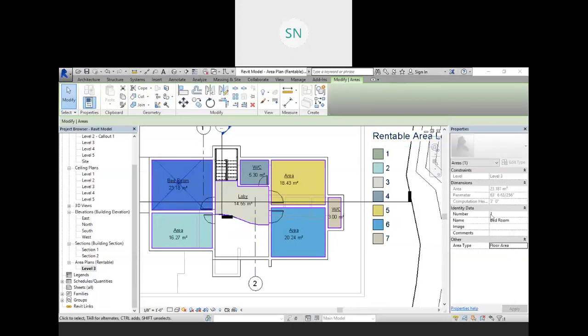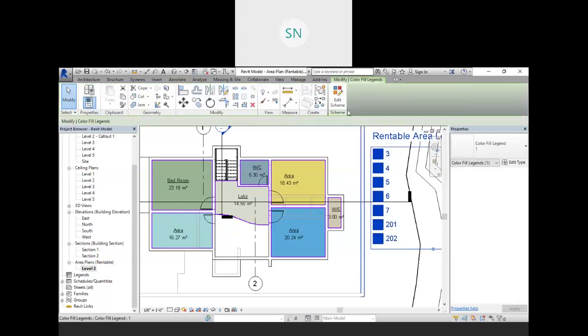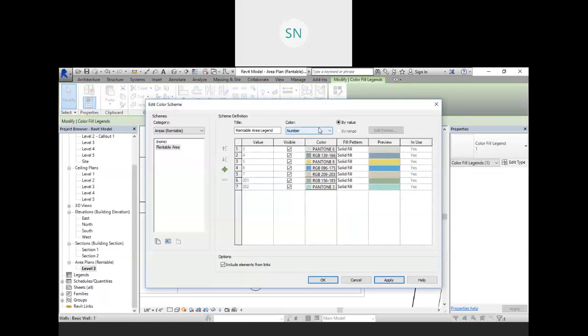See this one, let's say it's 201, right? Then this one is 202. So in this way, whatever numbers you have provided, in this way you will get this color scheme. For example, select it, go to the edit scheme. I want to provide colors by name, so click on name.